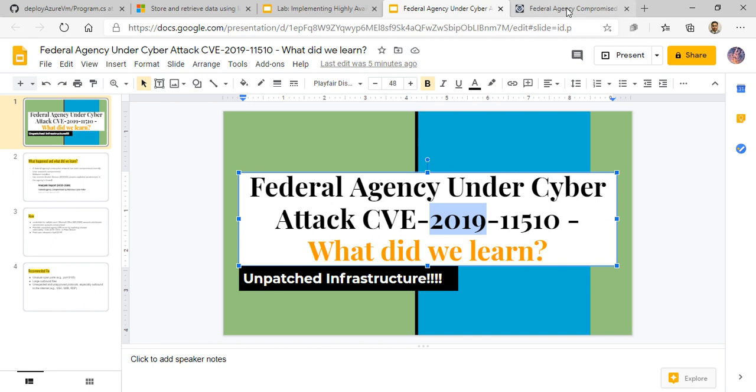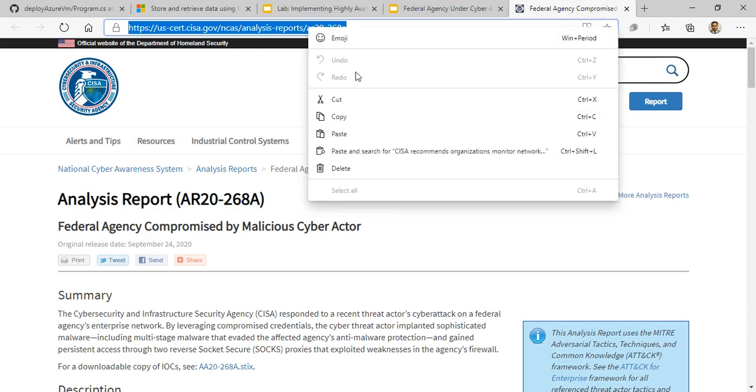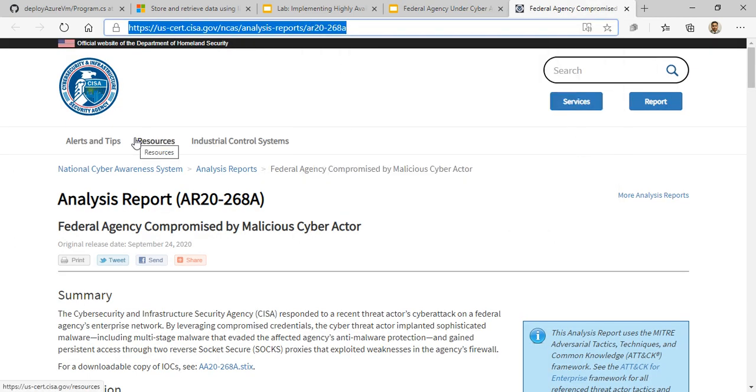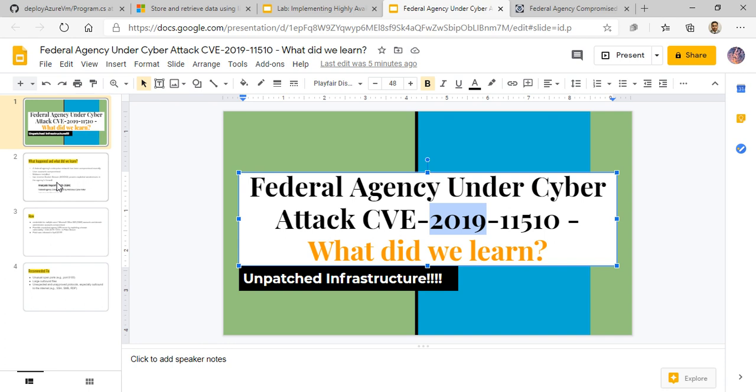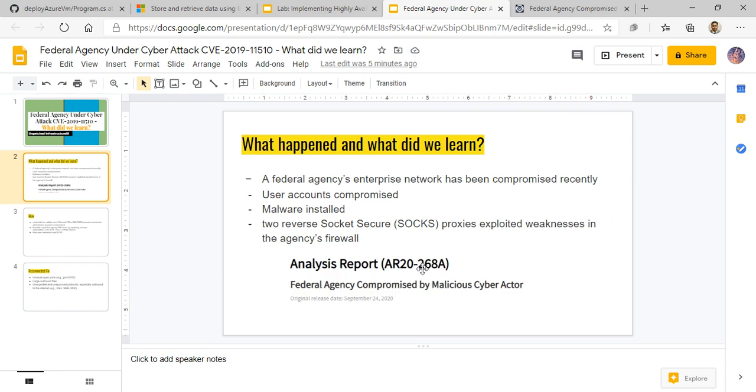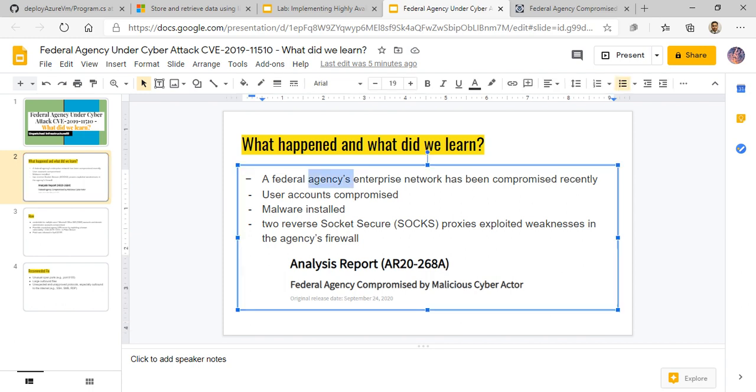Okay, so I'll give you the link of this particular article where I first noticed this news. This is from the CISA. Okay, and generally what happened, this is the report ID, you can also Google search on that one, AR20-268A. So basically one of the federal agencies, they didn't release which federal agency, their enterprise network